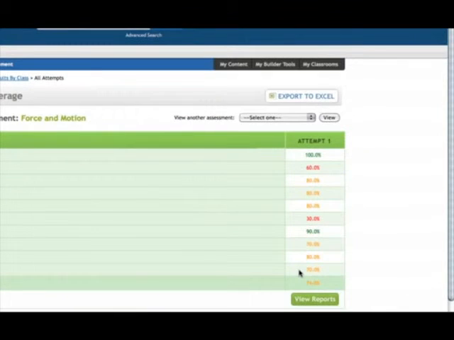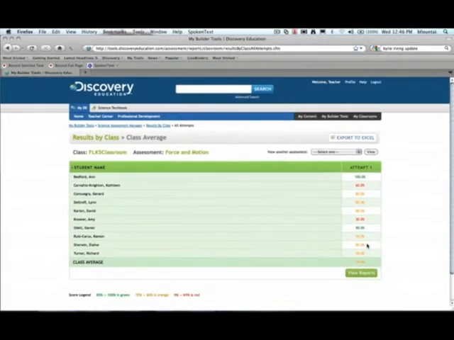When I click View, I'm going to see all of my students and their scores for every attempt that they've had on this assessment. In this case, they've only had one attempt. And I'll see a variety of scores. If I want to look at an individual student's score, I can click on that student's score. So in this case, let's look at David Carlin. And this will pull up David's